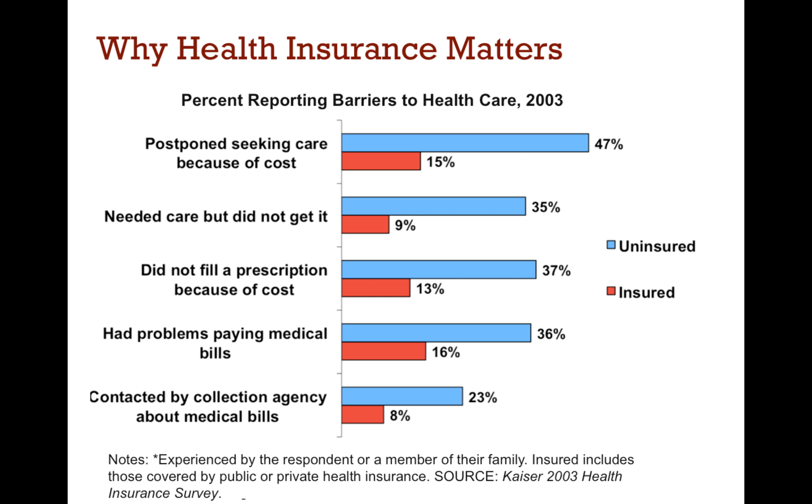So why does it matter? Well, if you look at being insured versus uninsured and individuals reporting barriers to healthcare, almost half of people who are uninsured said that they postponed seeking care because of cost. That means they didn't go for those primary prevention. They might not have even gone for the secondary prevention. They might not be going to their regular doctor because it's too expensive. And so they may be postponing care until they can no longer postpone it, which means they're entering the healthcare system at higher levels on the health system pyramid.